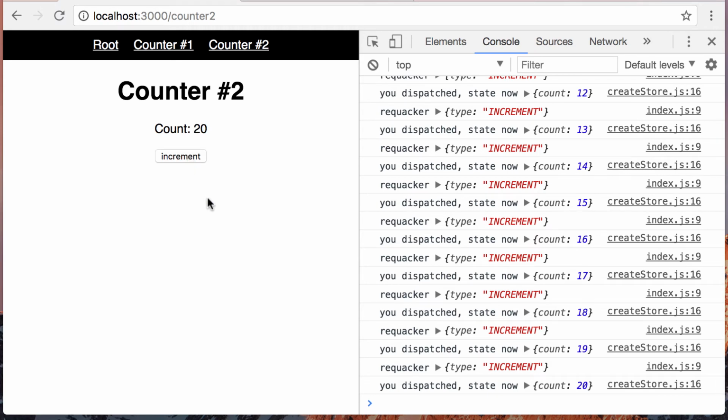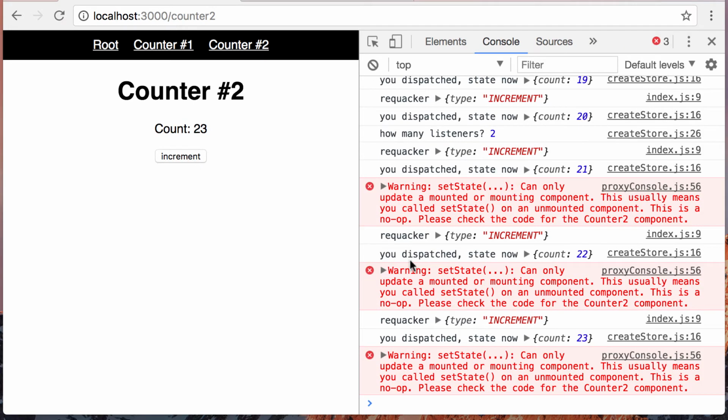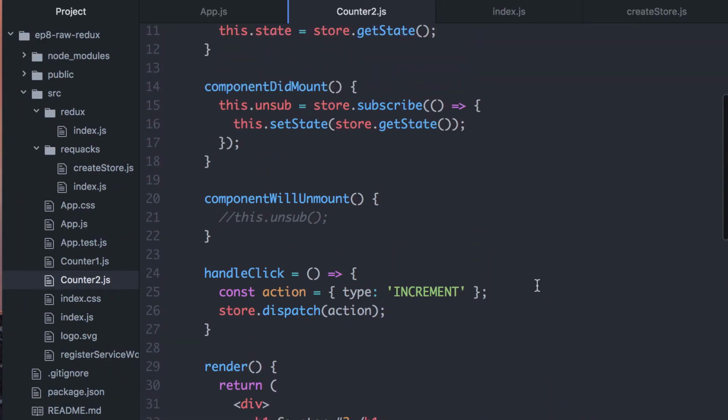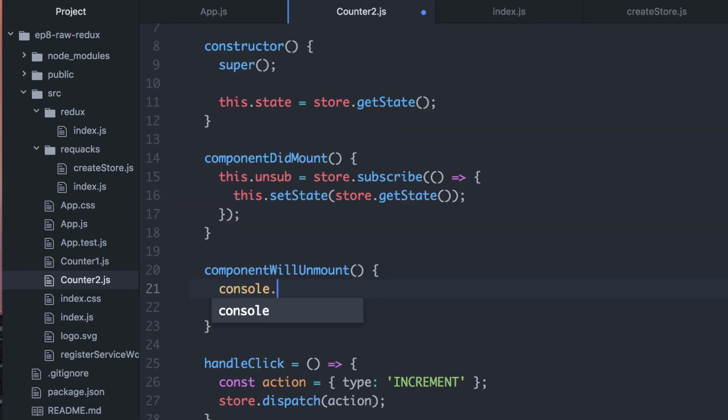All right, now I'm going to cause a problem. Root, counter. Oh, there's the error we saw last time. So what is this? Let's revisit. Essentially, I'm calling setState on an unmounted component. So how is that working? Well, just like last time, I've subscribed to any changes to the store, and I've passed in this function which holds a reference to this component. When I leave, when component unmount happens,